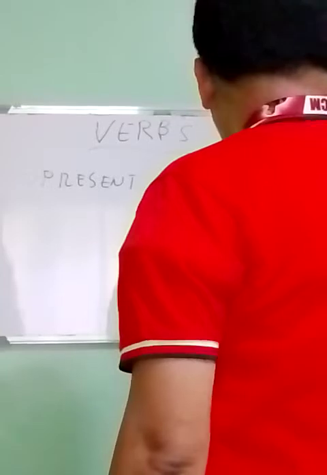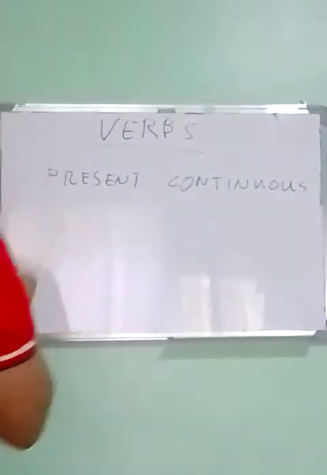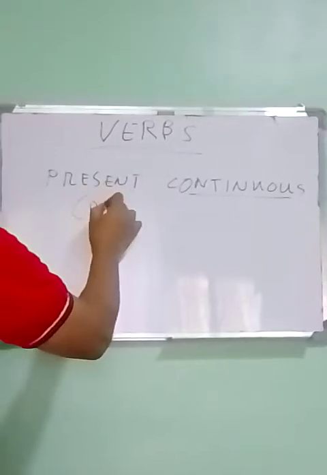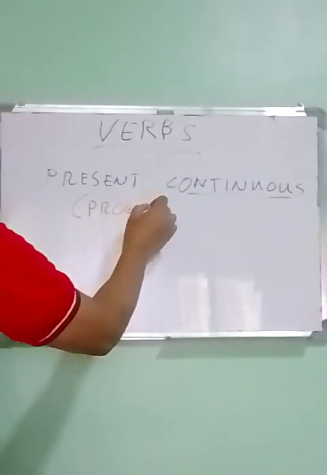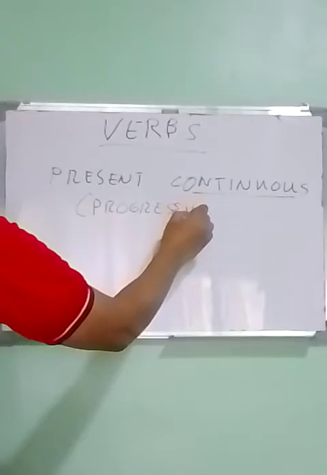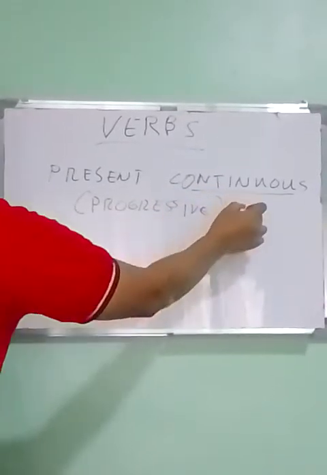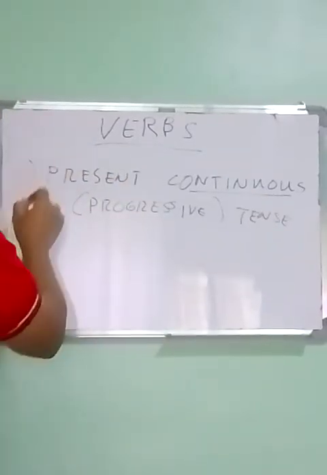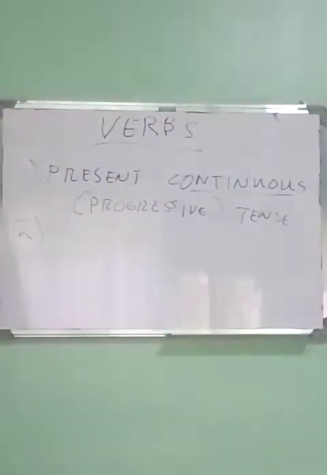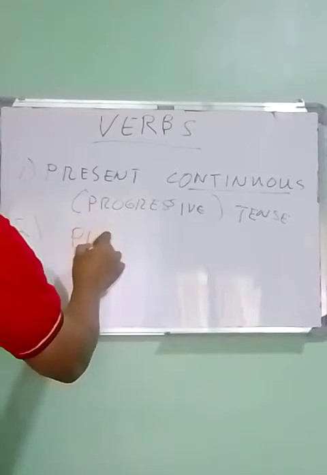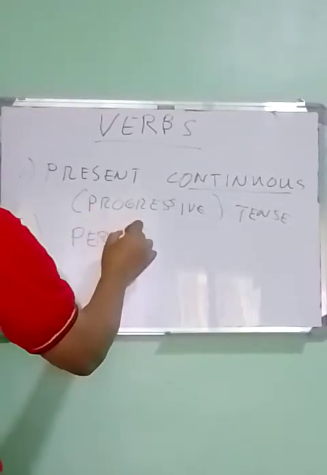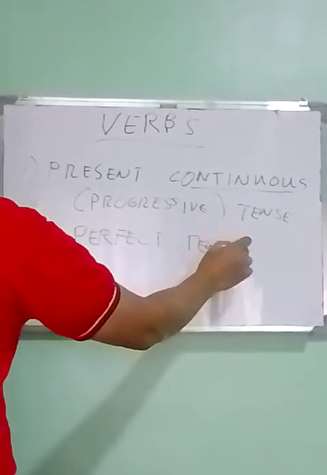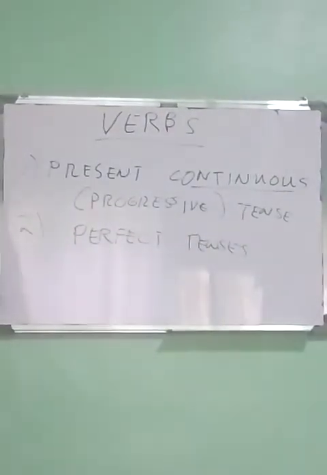I know that you have researched on this. Present continuous, the other term for continuous would be progressive. So if you say present continuous, we also refer to the present progressive tense. And the second tense that I asked you to research on is the perfect tense. By this time I know that you already know these tenses. I'd like to proceed now with how to form